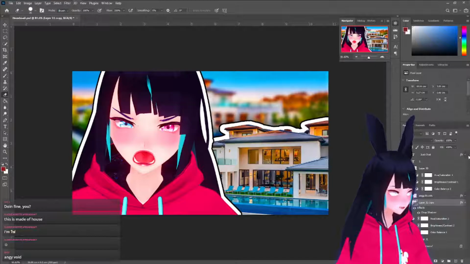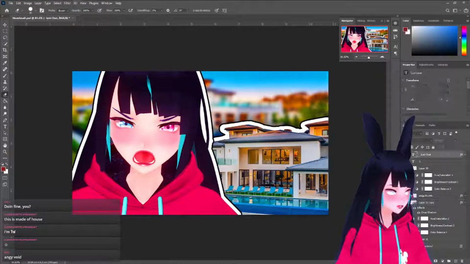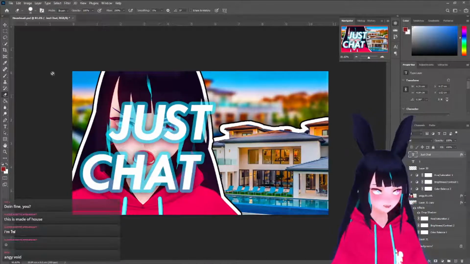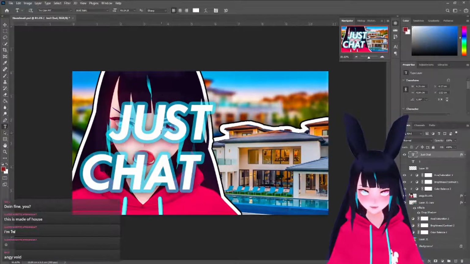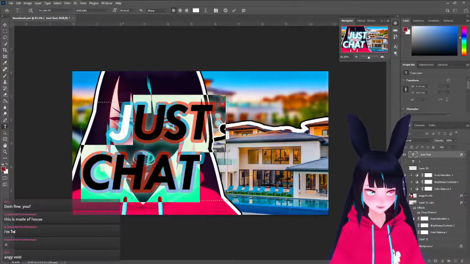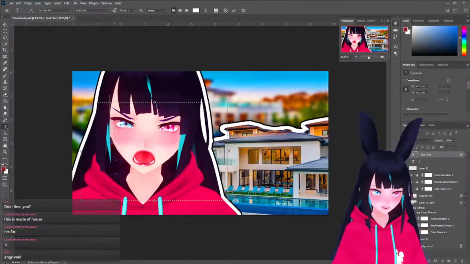And now, in whatever style you like, you're going to add some text. So I always have this one saved just so I can add text in the style that I like. So we'll just erase that. And we're going to do